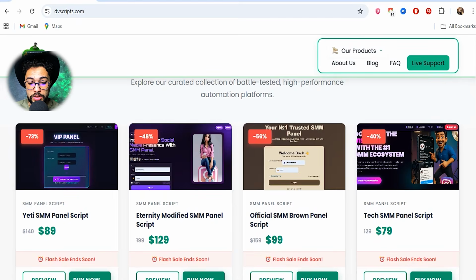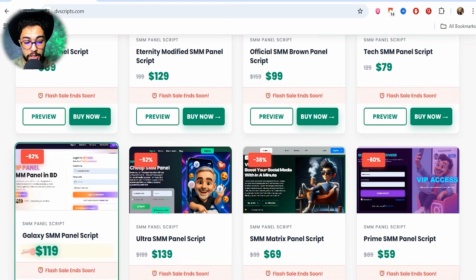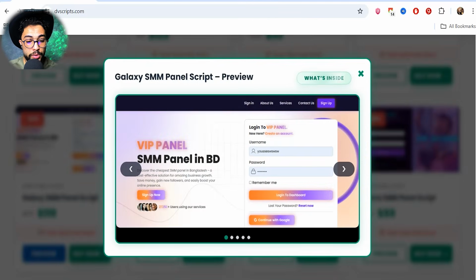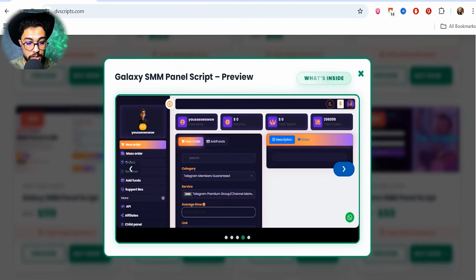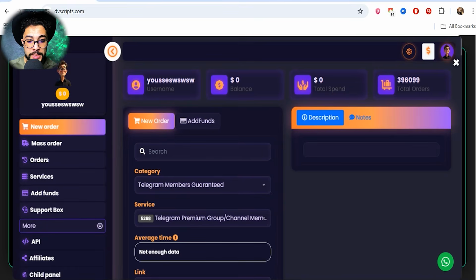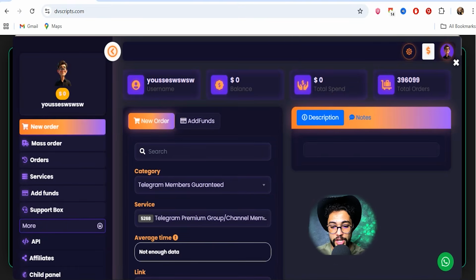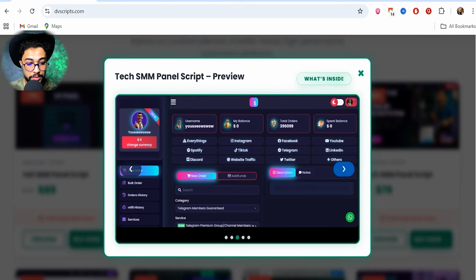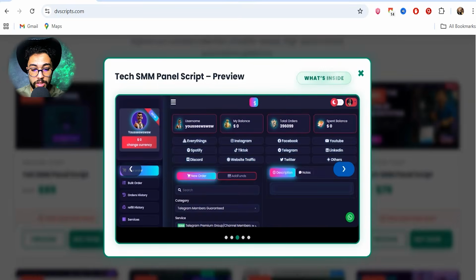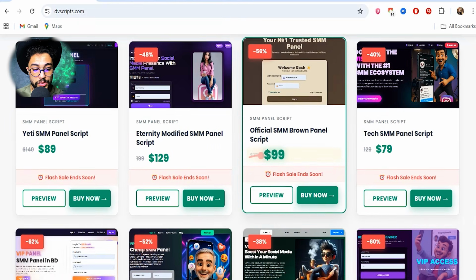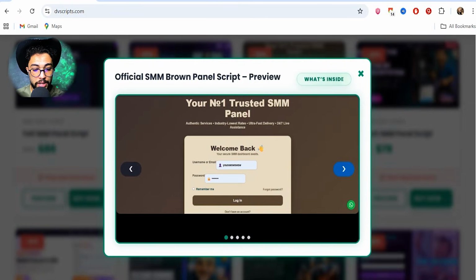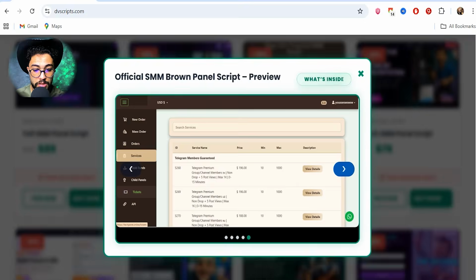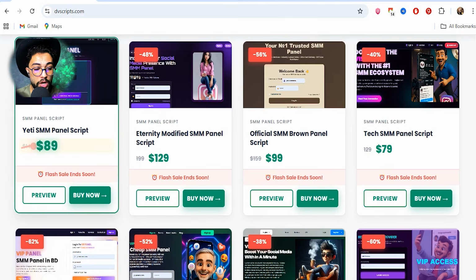Okay, let's close this one. Also I noticed this one is looking amazing. Let's preview it, and this one is also looking premium. As you can see, the design is looking professional. These people know what they do. I noticed this one is also looking great. This panel, and this one is also looking amazing. Okay, and we also have this one with brown color, as you can see, but I'm gonna pick this one,